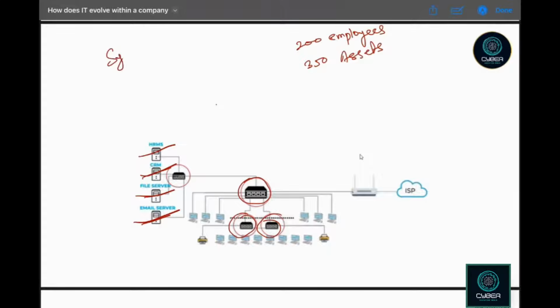First is system engineer, okay, and second is network engineer,